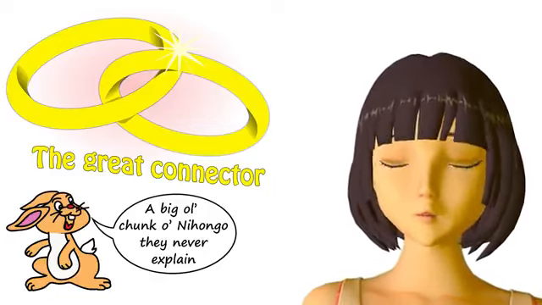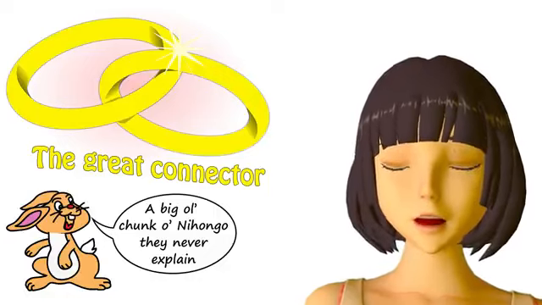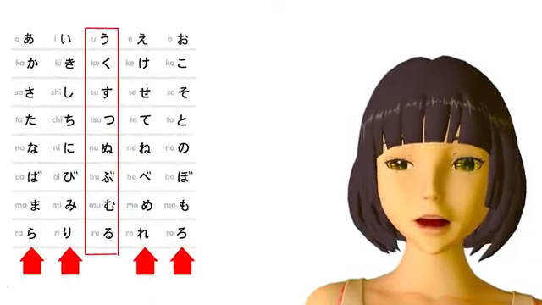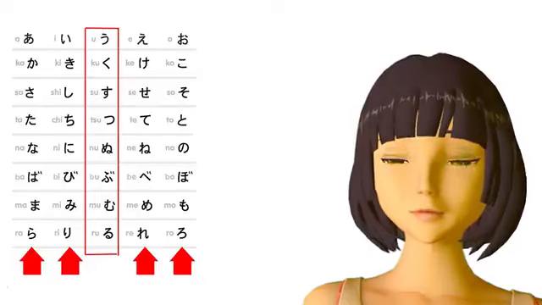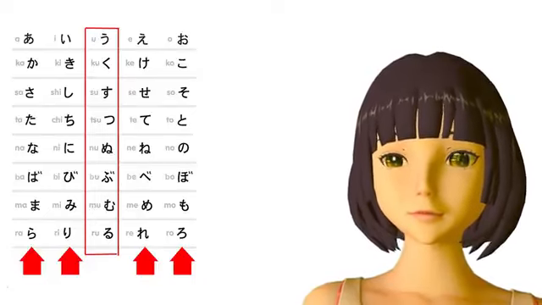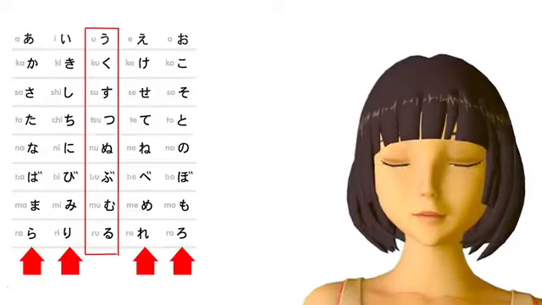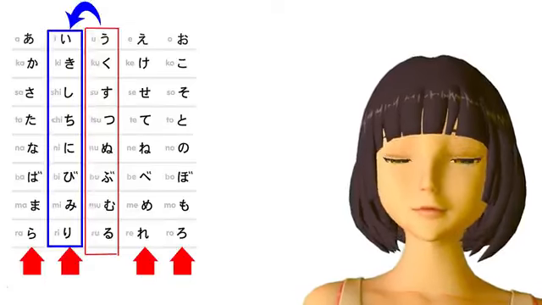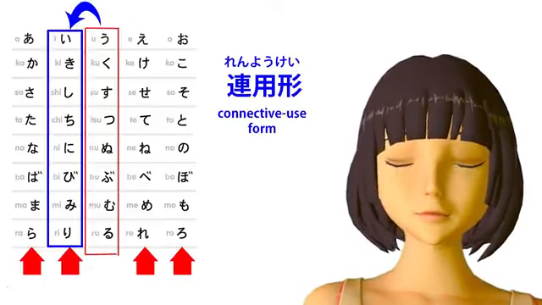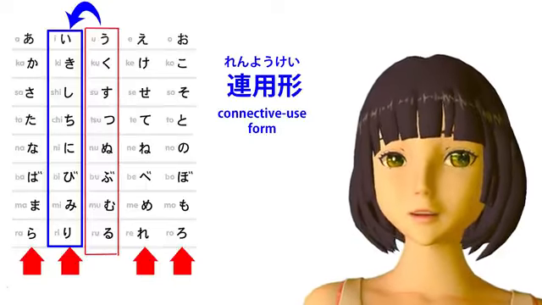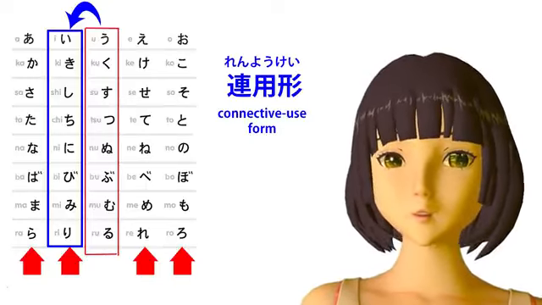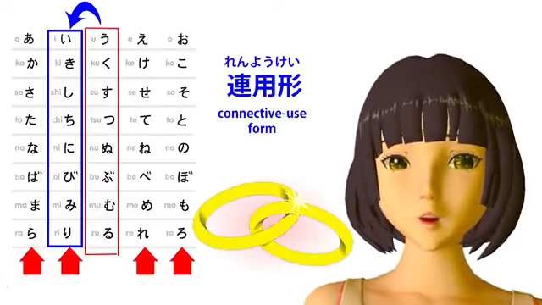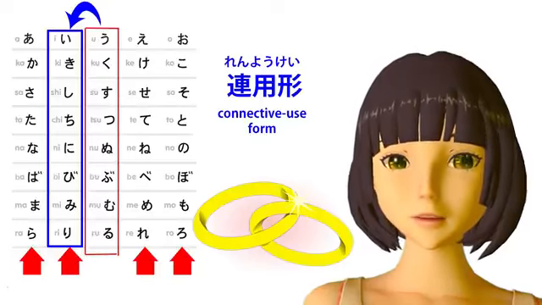This is something that isn't really explained well by most textbooks, largely because they don't recognize the verb stem system, which is absolutely central to the way Japanese verbs work. So, what we're going to talk about is the I stem of Japanese verbs. In Japanese, it is called the ren'yōkei, which means the connective use form. They might call it the great connector, because it does a whole range of different connecting jobs, which we're going to talk about now.